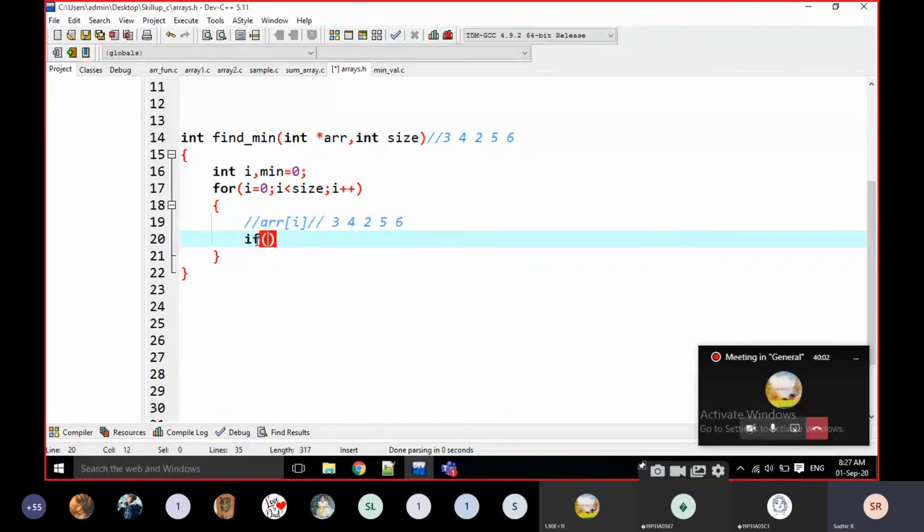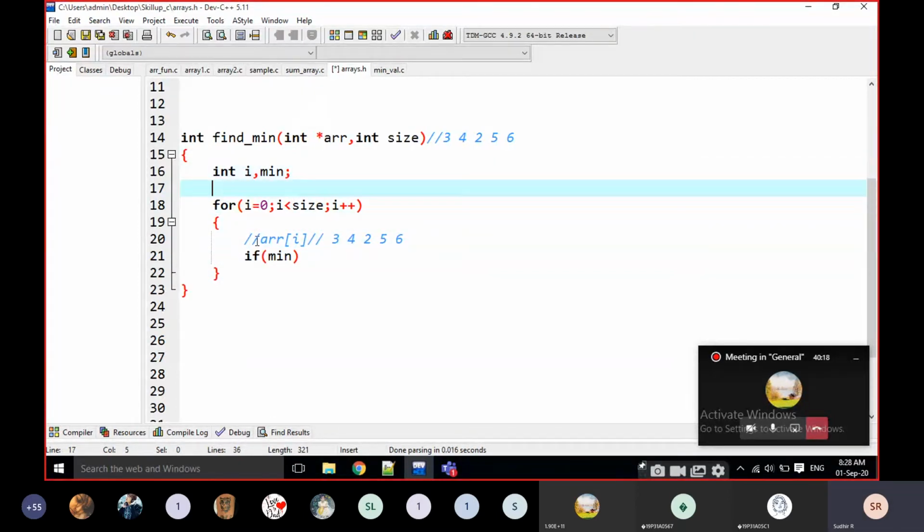Now I am writing here, minimum is equal to arr of 0. What is the minimum value now?